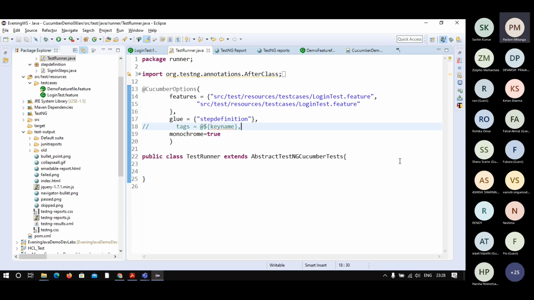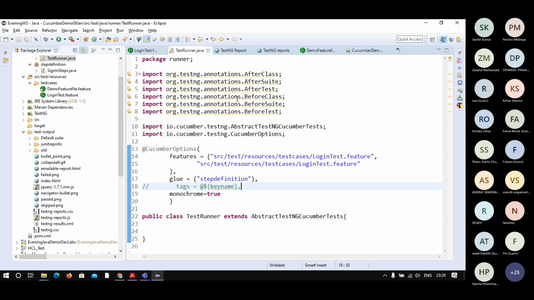One more question. On your runner class, there is that public class test runner. We are extending another class, that is abstract testng cucumber test. Where are we getting that class from? The one that we are extending. This class, yes. You can see here this class is present in the io cucumber testng. So this is the class I'm extending.